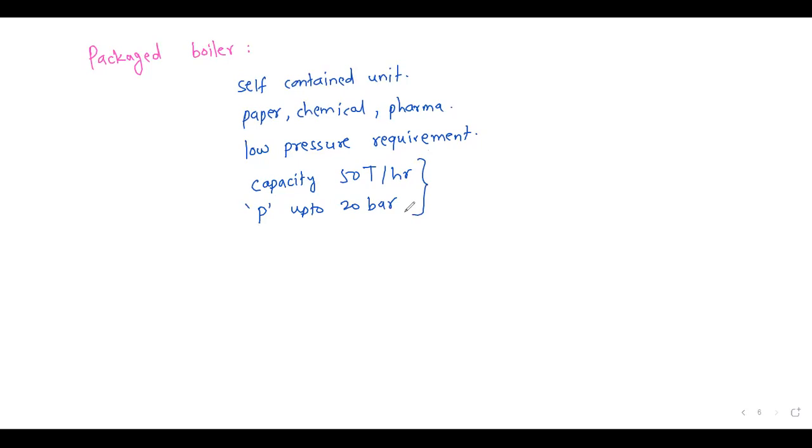So it can obviously be either a fire tube or water tube boiler, no doubt in that. The fuel used by the package boiler can be oil, and nowadays it also uses coal or wood as a fuel. But oil is the important one. So basically a package boiler uses oil as a fuel, right? And the last point